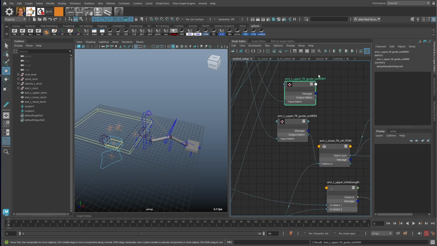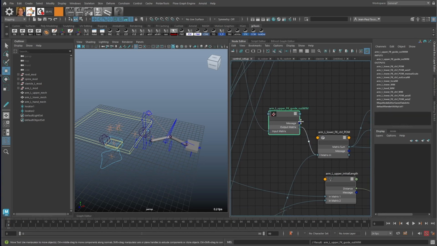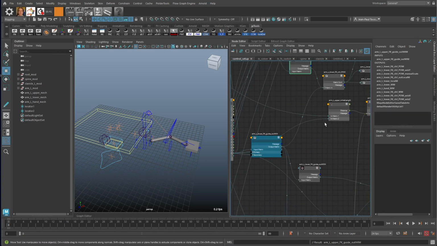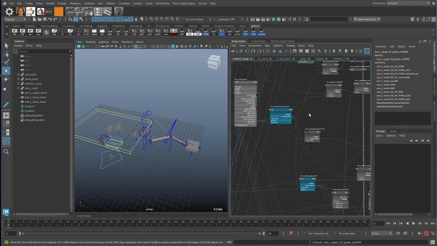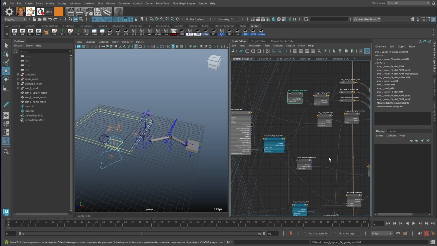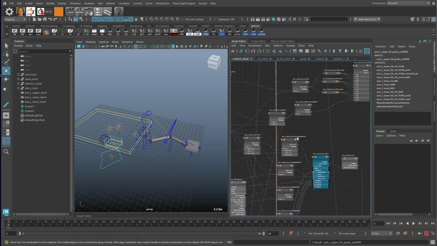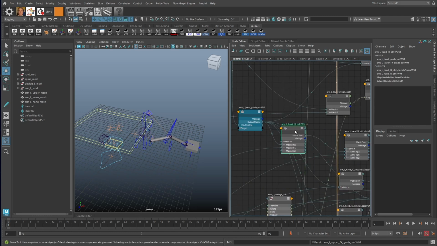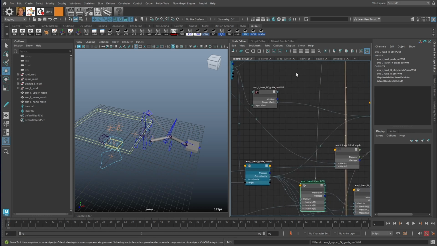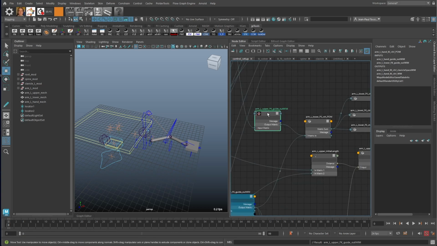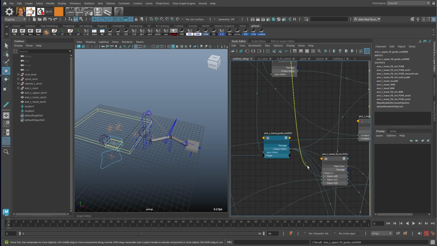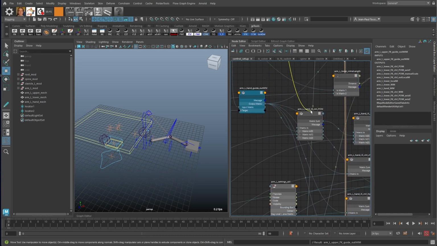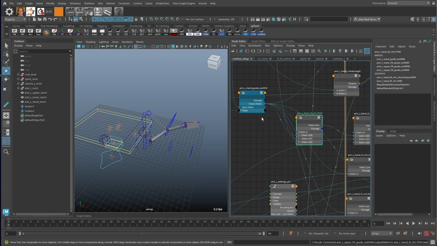We have already created it, so we can just delete it and reuse this one. So that's nice. So let's see, where were we? The hand IK parent offset matrix, so this one. So we can take the upper FK guide outworld matrix inverse, and then we can plug it into the hand IK control parent offset matrix or the buffer matrix,